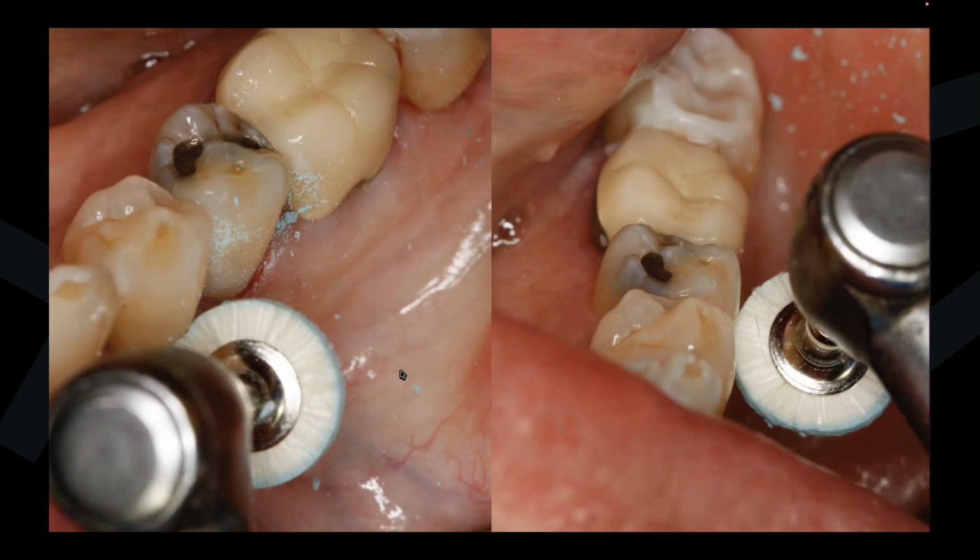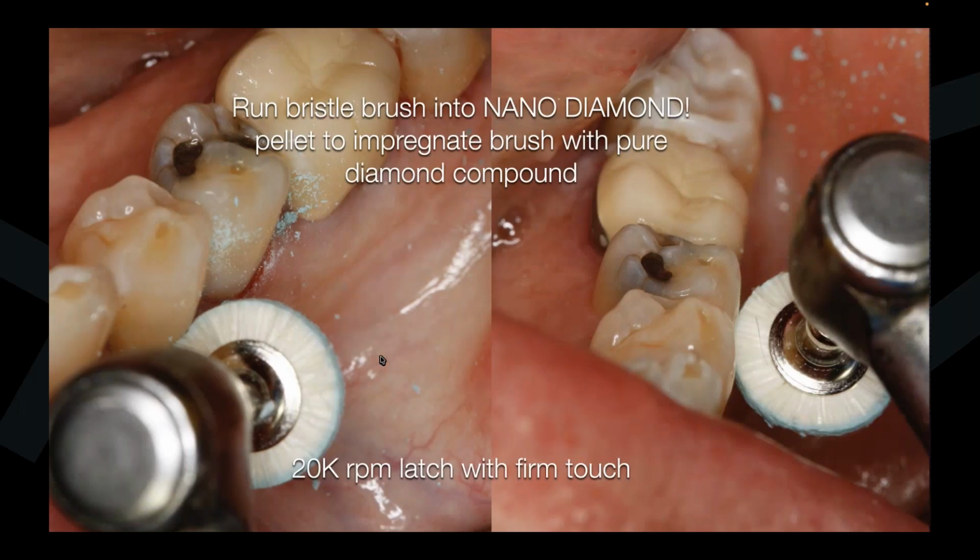So here's nano diamond. What we're doing now is we rub it in like rouge. We run that little bristle brush right in there, and then we go right to the surface with it. It's coated now. It doesn't fly around like the paste does. It stays where you want it, and it brings a nice high shine immediately. If I'm doing zirconia, I'm pushing real hard. With this, I don't need to push hard on composite. And it will do everything. Lithium disilicate, it'll do gold.